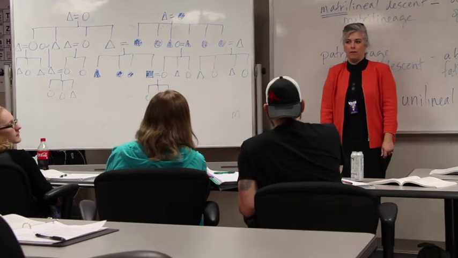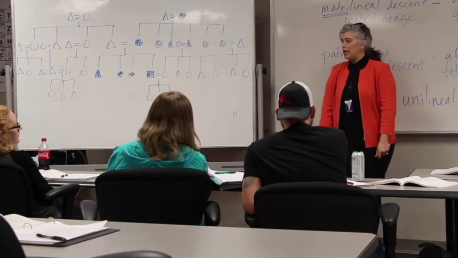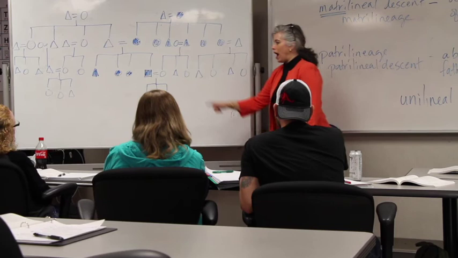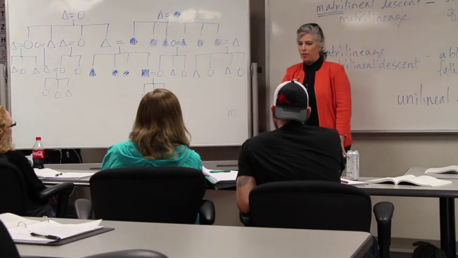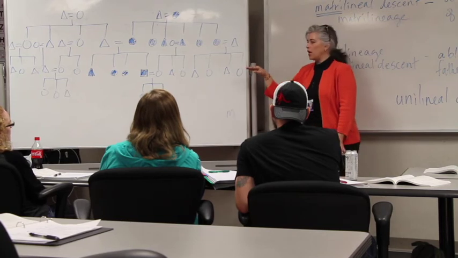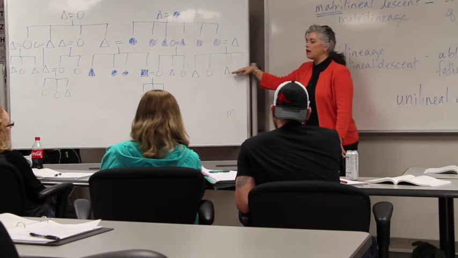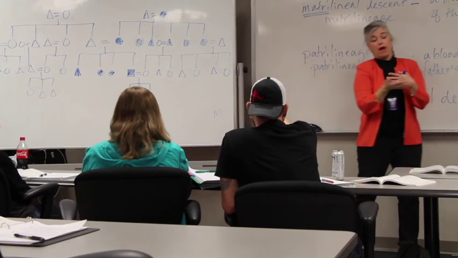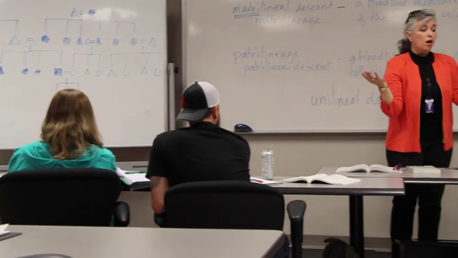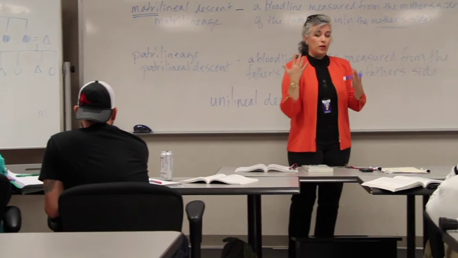Why? And where is Ego's wife from his matrilineage? That's what I need you to tell me. I need you to tell me who else in Ego's generation should be colored in blue, or anybody. Maybe it's none, maybe it's all, but maybe it's only some of them. So which one is it?